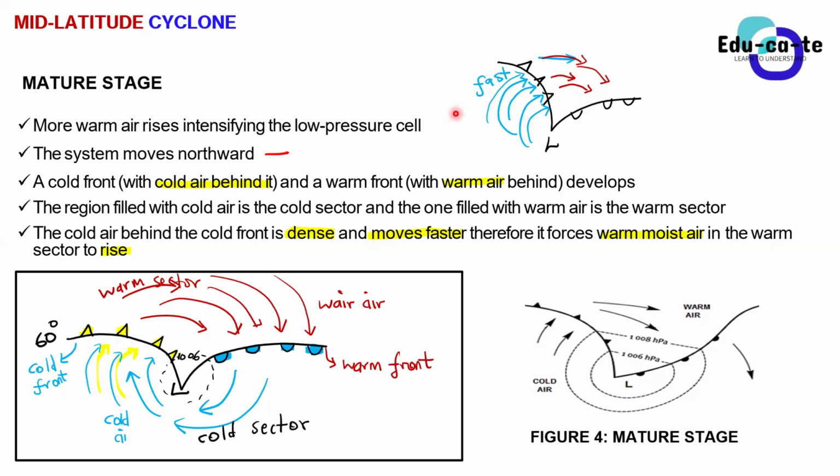So when it reaches the upper atmosphere, it will form cumulonimbus clouds or what? Yes, you're already predicting what will happen. But later on, we are still going to do the weather conditions associated with the mid-latitude cyclone. Sam has already predicted that all of this warm air will rise up and form some cumulonimbus clouds. But for now, don't stress yourself about this, right?